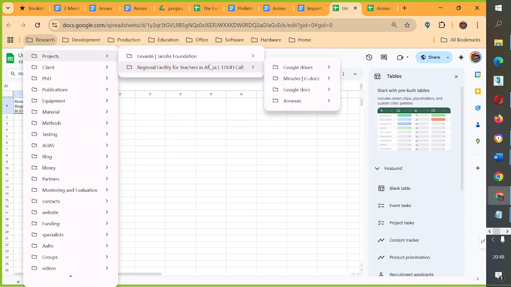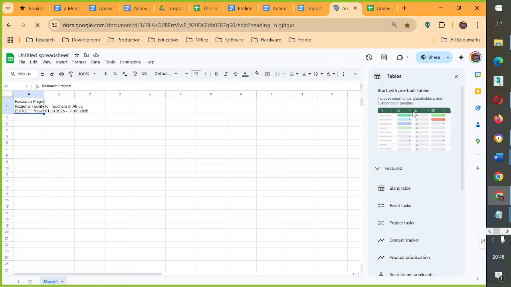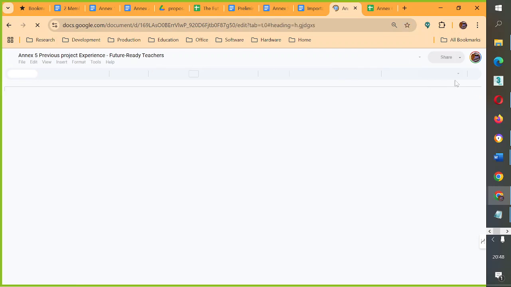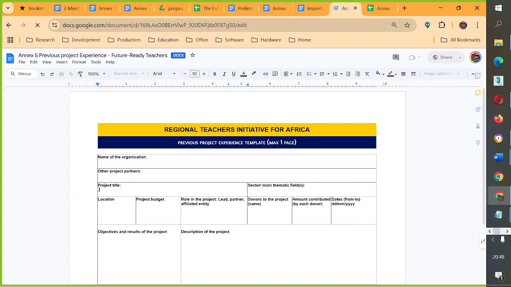Here, Annex 5, it's loading. It's for the applicant, the principal investigator. You see this one? It says you give your previous project experience. There's a template for that here. And of course, it should be relevant. And they ask different questions on it. But there's a section where you put in your project title. This can be a tall list, but your project title, location, all this, and you make it fit on one